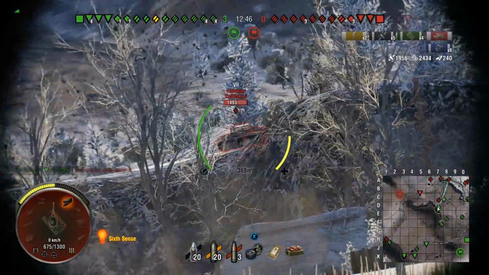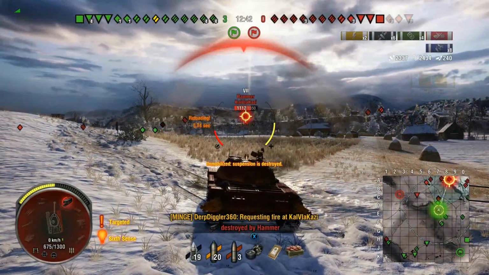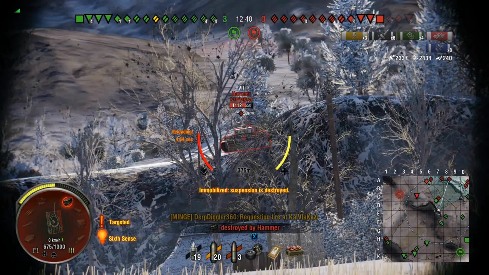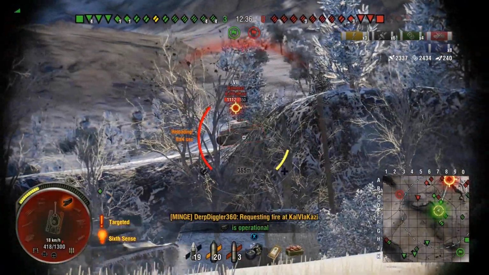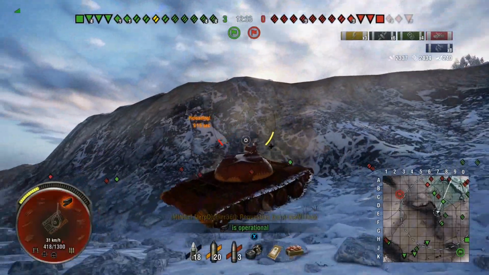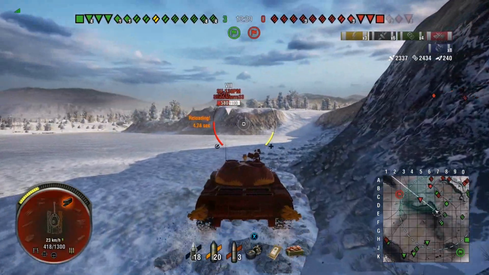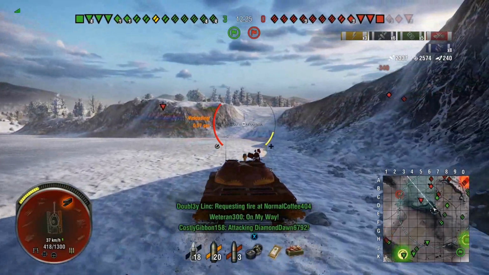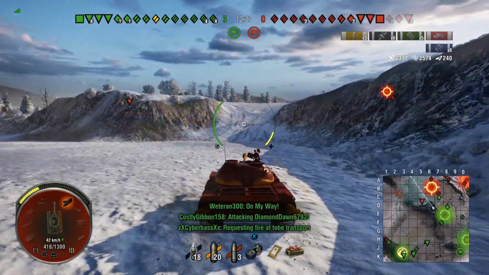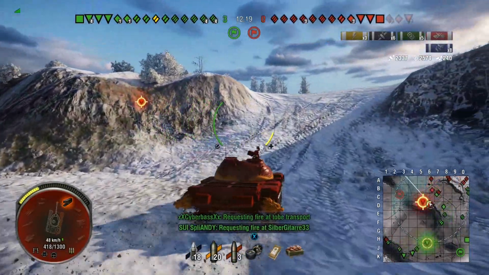I'm quite surprised that Tiger one hammer there is just not spotting me, because he is just sat on the ridgeline, 376 meters away. He must have quite a bad crew. I'm trying to pull back so I don't eat another shot, but yeah, I missed that one as well. But I wanted to pull back to get behind here so I could get up on this position at D6 where I've got more cover, especially now I've got light tanks that have moved up and they're basically going to call the spotting, so